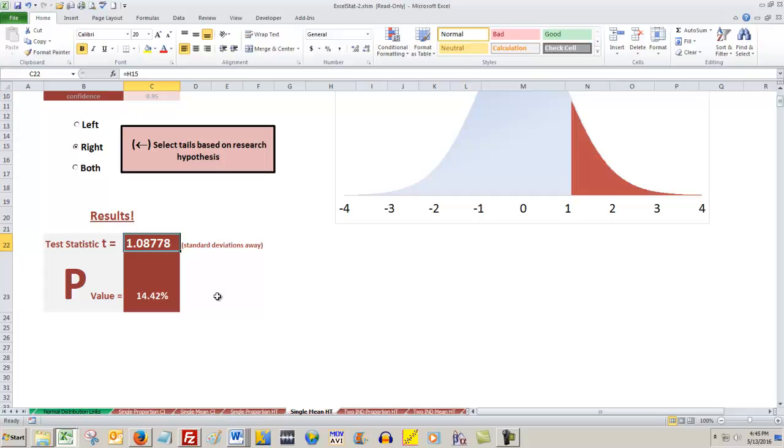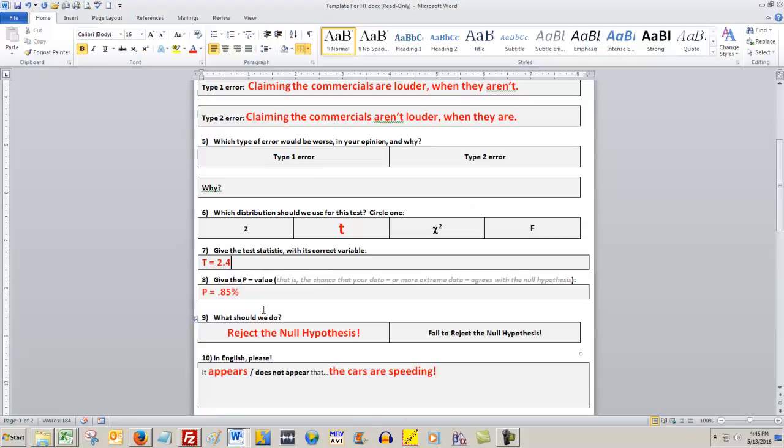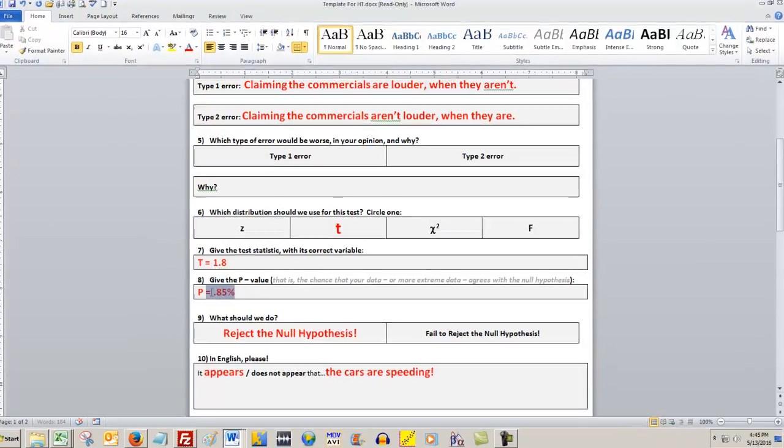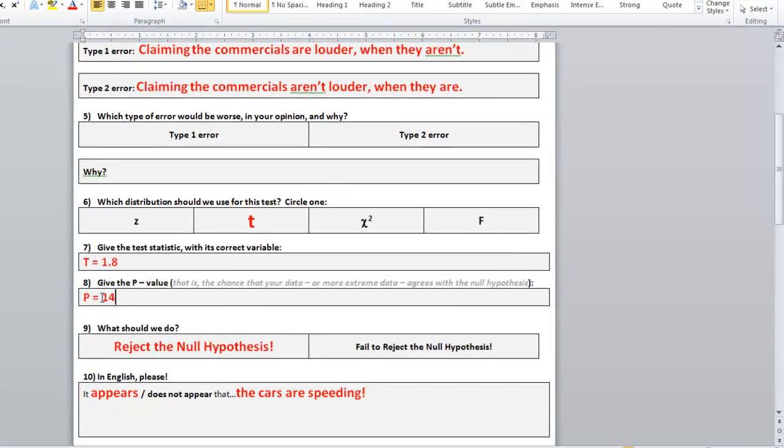1.08 test statistic. Let's put that into the template and then discuss it. Test statistic 1.8. The p-value, about 14%, which if you think about it a different way is bigger than 5%, right? Should we reject the null hypothesis with a bigger than 5% p-value? No. Not at 95% confidence. That's a fail to reject the null hypothesis, which means it does not appear